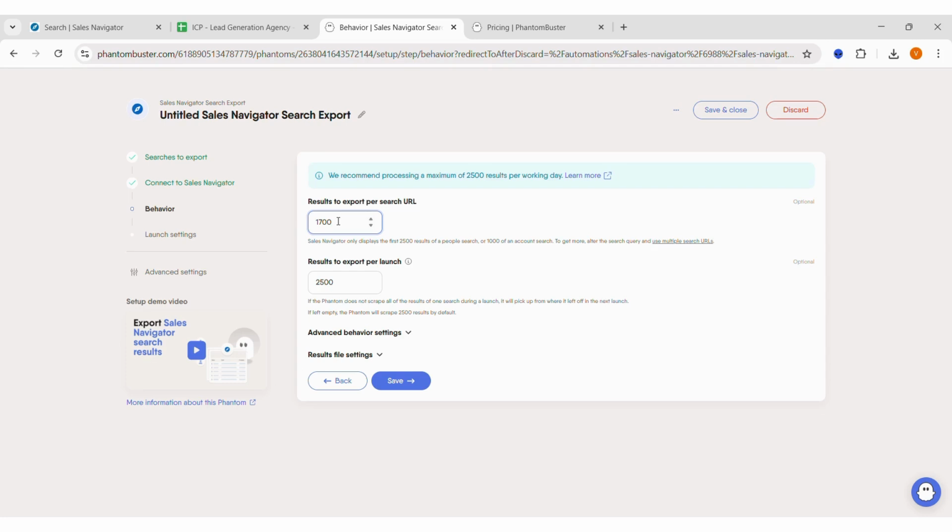We'll put in the results as 1,700. That's say 200 beyond 1,500. Why? Because it's showing 1.5K plus. So to keep in a buffer, let's keep it at 1,700. Same goes for the results to export per launch. We'll keep that similar to the results to export per